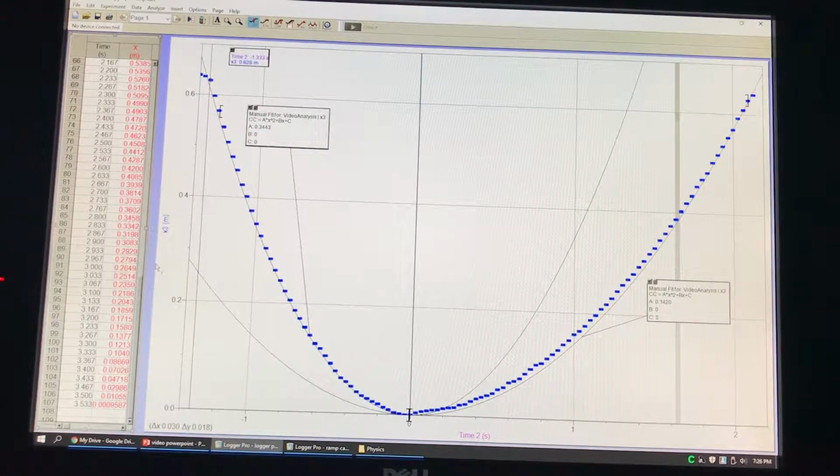For this experiment, we are to determine the coefficient of kinetic friction between a moving object that has a piece of felt taped to the bottom and the metal ramp that it is running on. In order to determine this coefficient of kinetic friction, we use Newton's second law along with Logger Pro to determine acceleration by measuring a scale and using that scale to determine data points on a position versus time